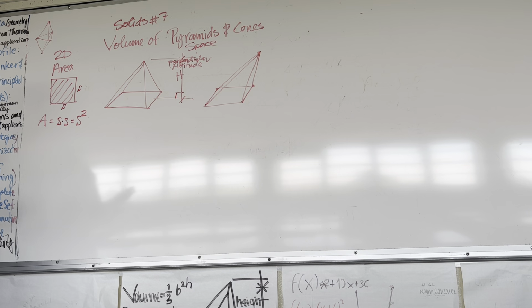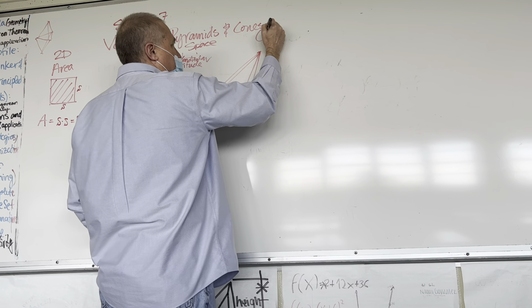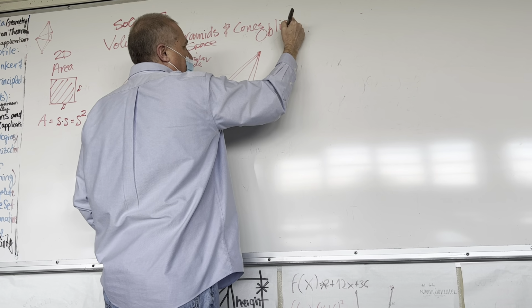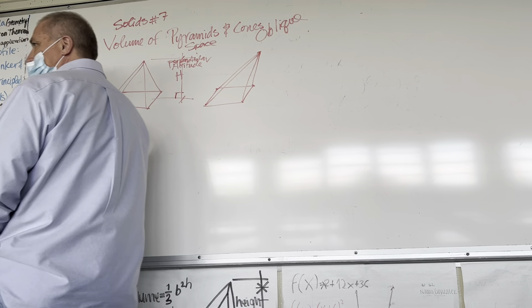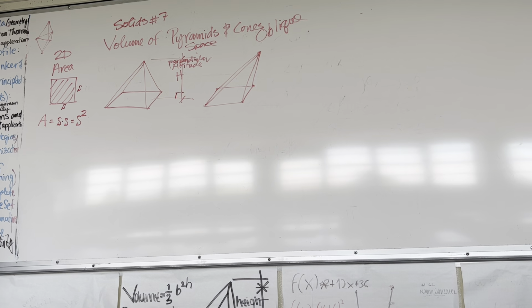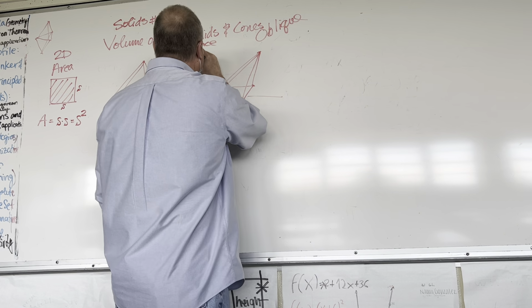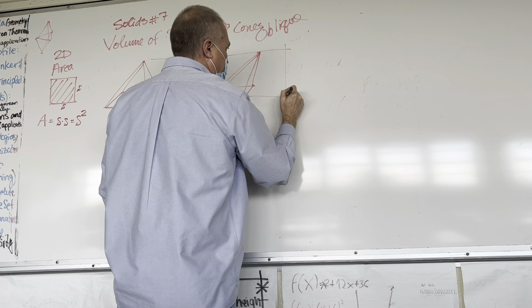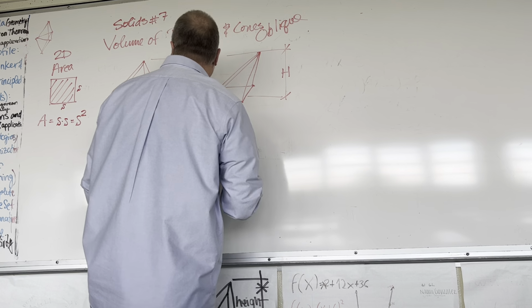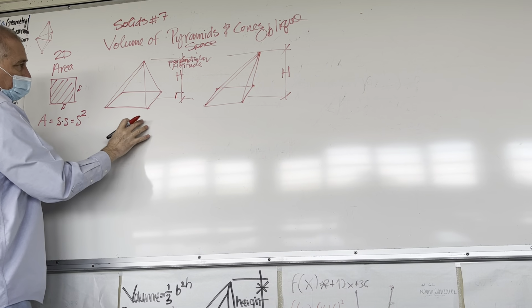And what's your name for this type of shape? Oblique. Oblique. I love that word. I don't know why. Everybody say oblique? Oblique. Okay. And this H comes straight across here, right? So what I'm trying to do is make these the same thing, H, because we're going to run this idea